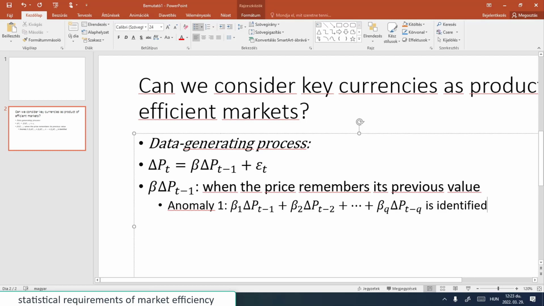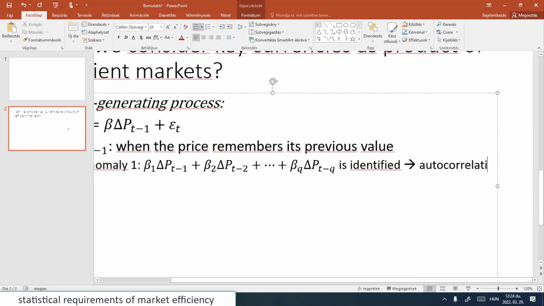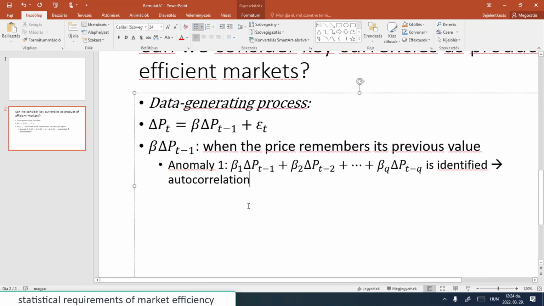I think that last week I also mentioned that in stock markets you can find time periods, or at least we were able to find periods, when the Dow Jones Industrial Index was remembering the last 30 days of trading information, so it happens. And this is called autocorrelation. If you find autocorrelation on a market, then after that it loses even its weak efficiency. So it's quite serious trouble.